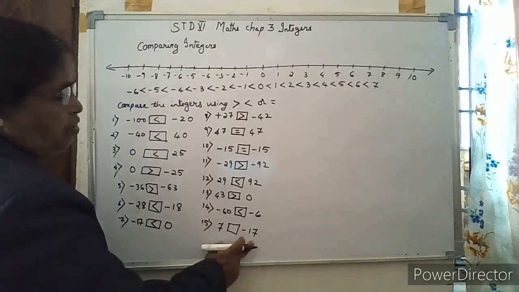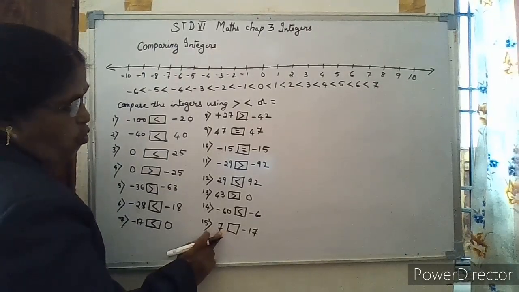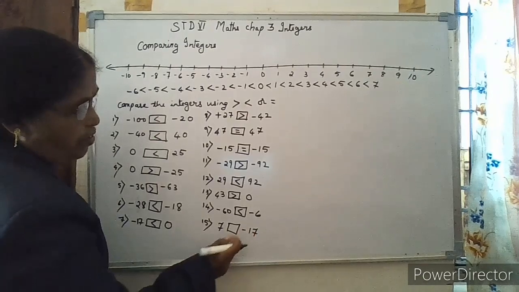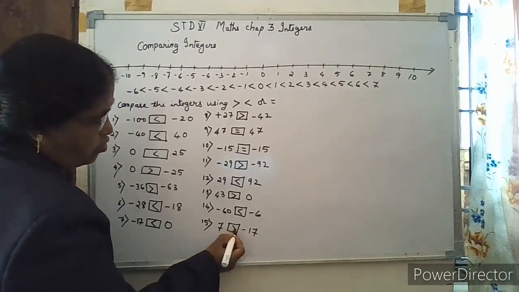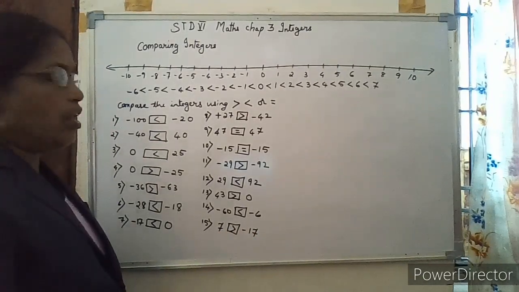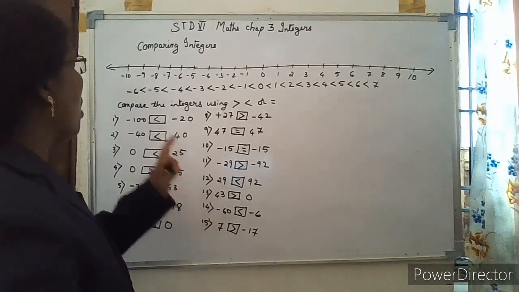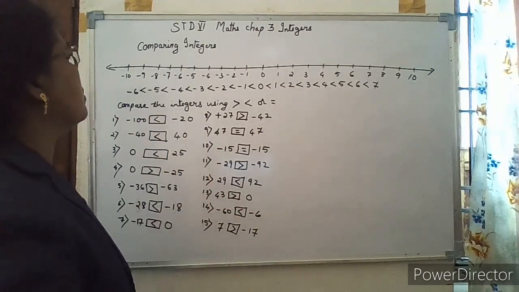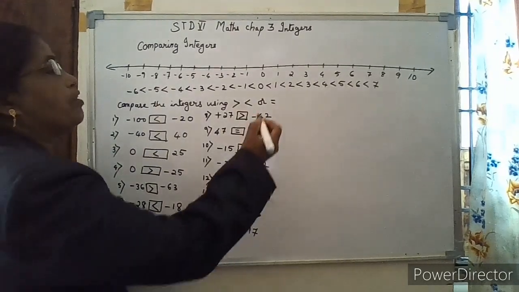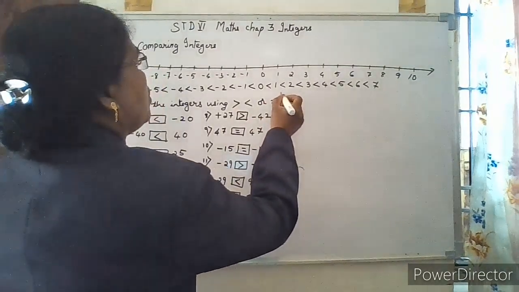This is positive integer, negative integer. So positive integer is always greater than negative integer. So plus 7 is greater than minus 17. So this is how we can compare the integers. Some more important points we will note down